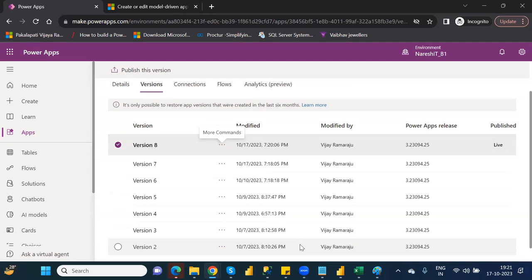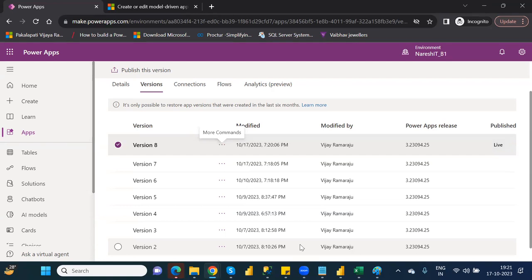If you didn't have that previous version, you would face problems, right? That's the reason Power Apps provides this: whenever you publish,